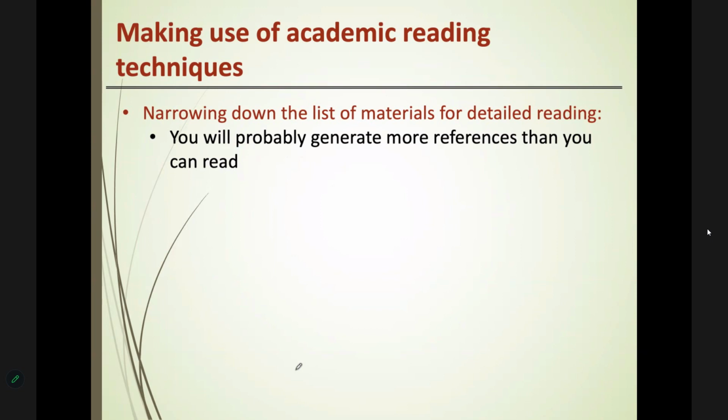So you have a big list of references related to your article, but you probably don't need to read every single article. If you have 70 references in front of you, you'll probably have to read only 20 papers. Before reading the 70 papers, you have to see whether